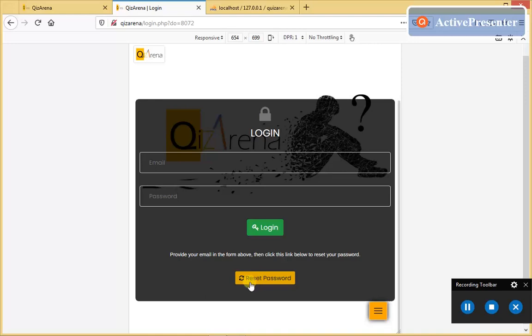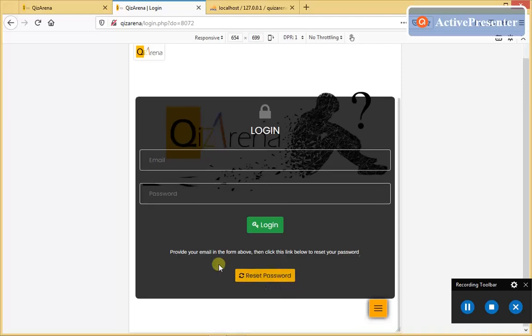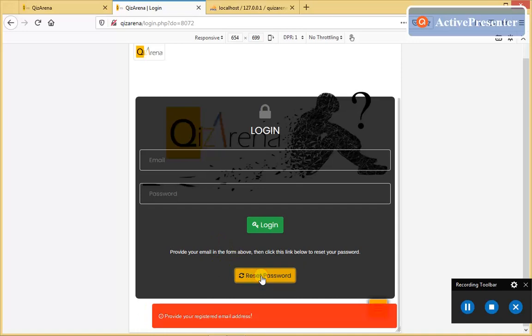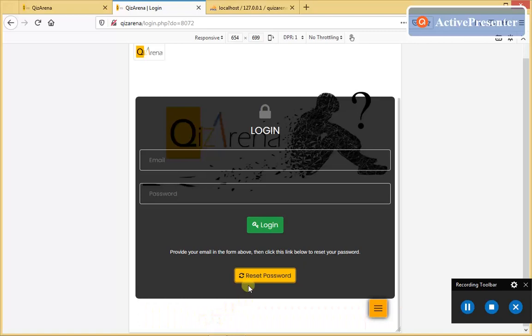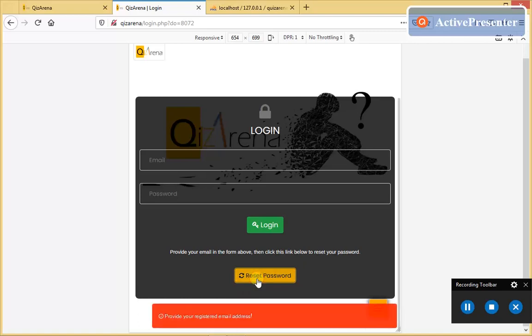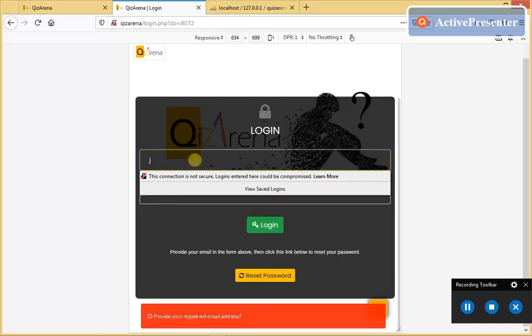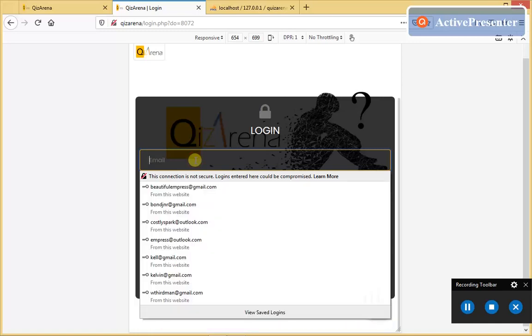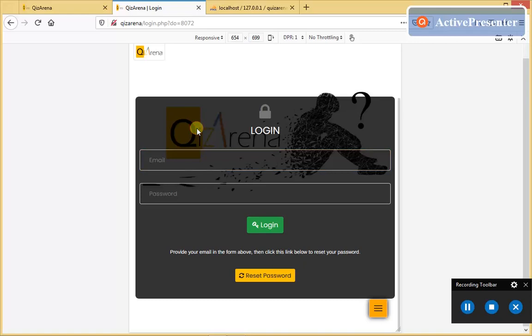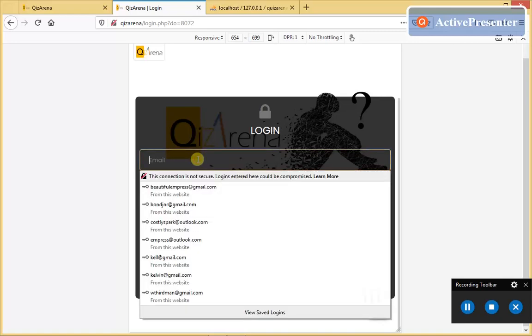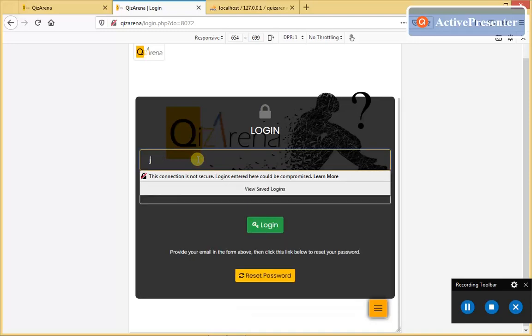From the hamburger menu, to recover our password, we need to come to the login interface, and we have this button here, reset password. Clicking this button is going to ask you to provide your registered email address in this field. So for you to reset your password, you need to provide your registered email address on QizArena. We're resetting our password for James Bondi,